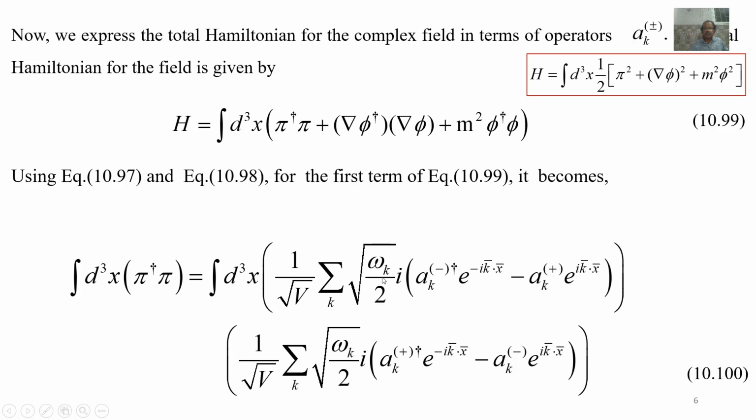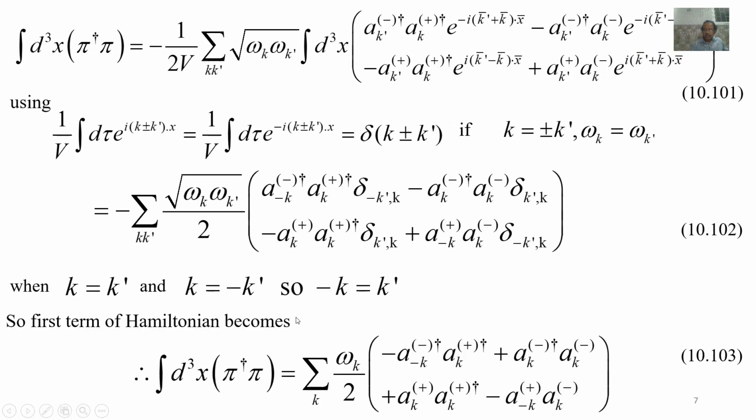Wherever you find dagger, instead of k you substitute k prime. So this will become root of omega k prime multiplied by omega k. 1 by root 2 multiplied by 1 by root 2 will give you 1 by 2. So the complete expression will be minus 1 by 2v summation over k comma k prime root